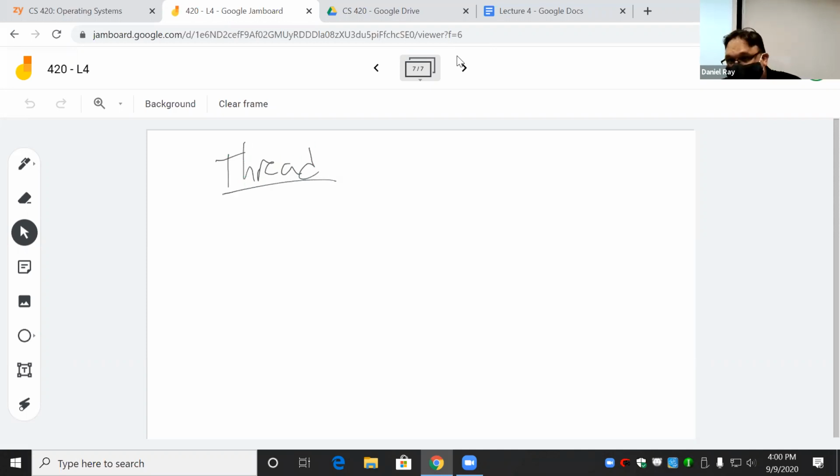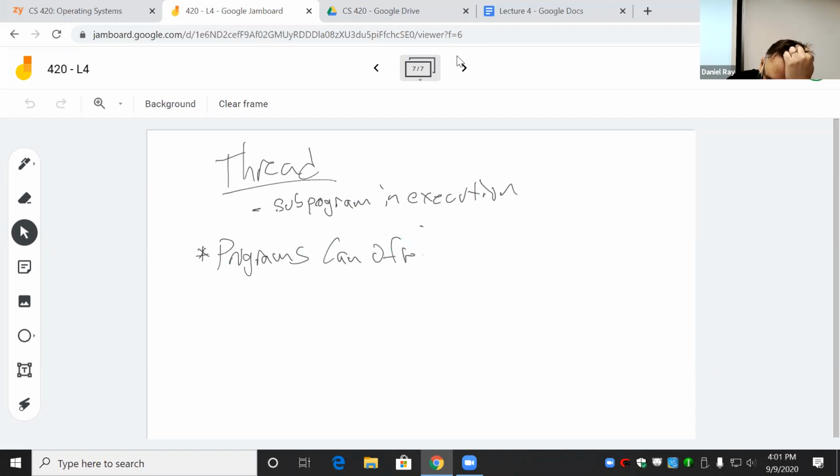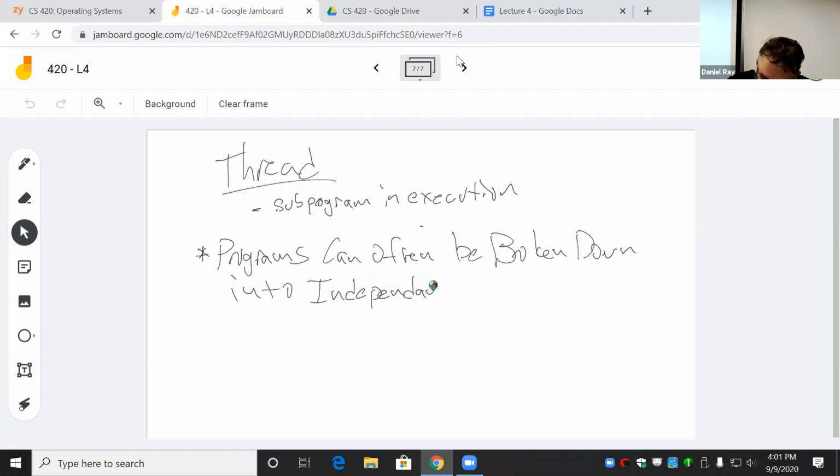Okay? Processes and threads have something in common. Processes, can you see this? Okay. Processes are a program in execution. Okay? Threads can be thought of as a sub-program or a partial program in execution. Okay? Here's the insight that comes out of threads. Programs can often be broken down into independent subparts,